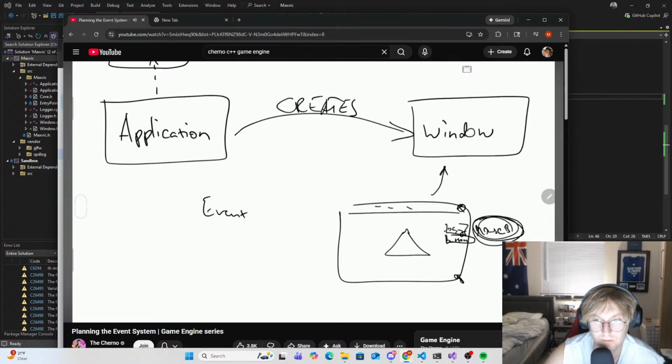event data, okay? And then, since basically application will have a function called on event,